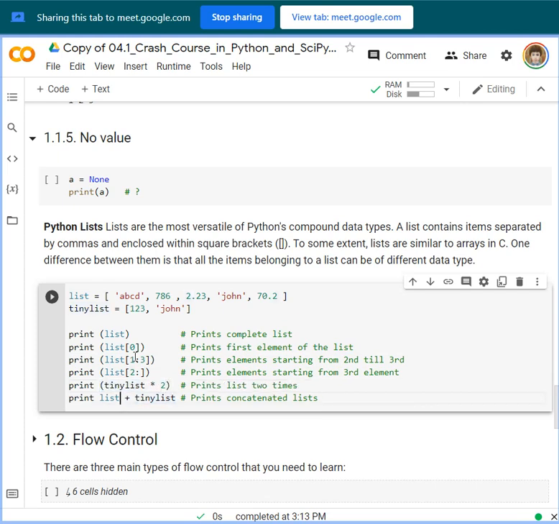So for example, here we have list equals ABCD, no? This will be considered as, or assigned to, one address or one array.